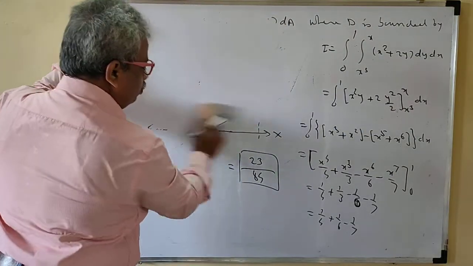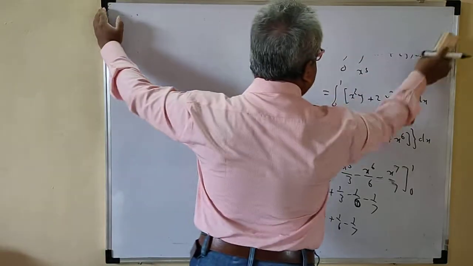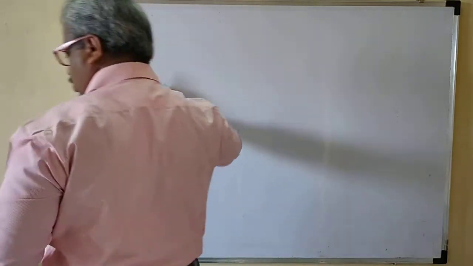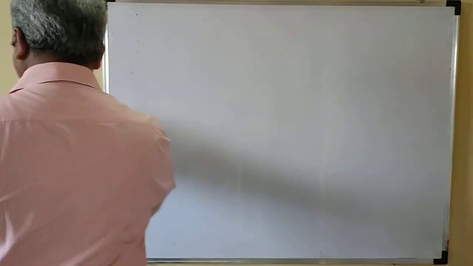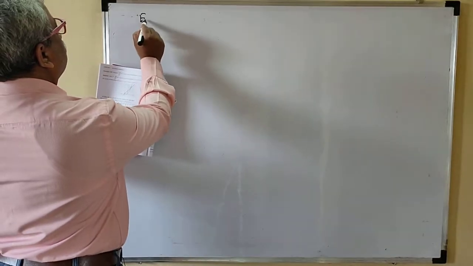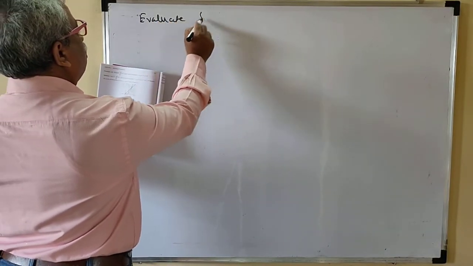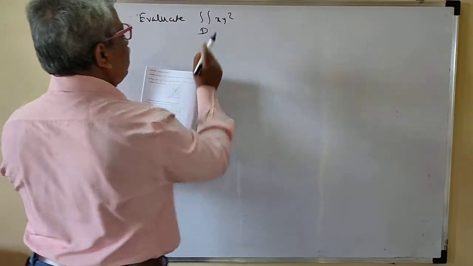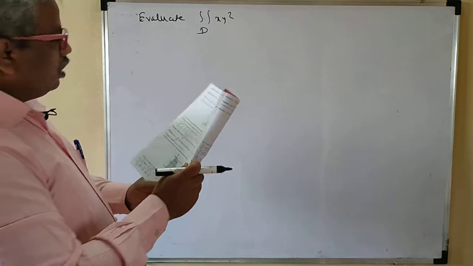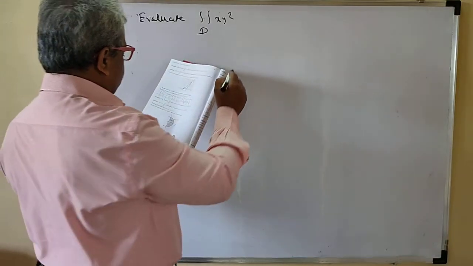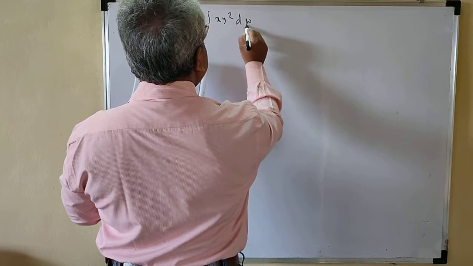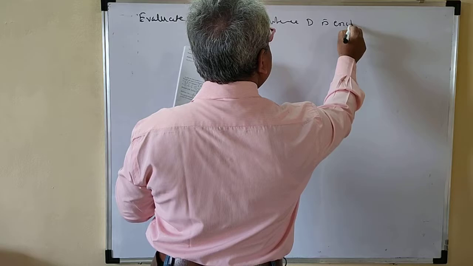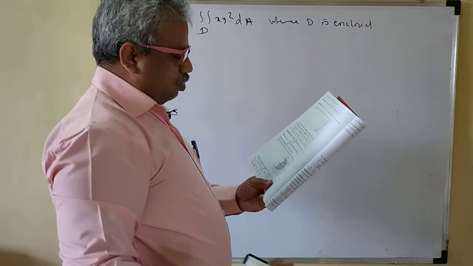So we'll take the next example. Evaluate the double integral over D. It may be mentioned as R also. So no problem if you write capital D or capital R. This does not depend on the name. Where D is enclosed by, dA, where D is enclosed, enclosed means bounded, by